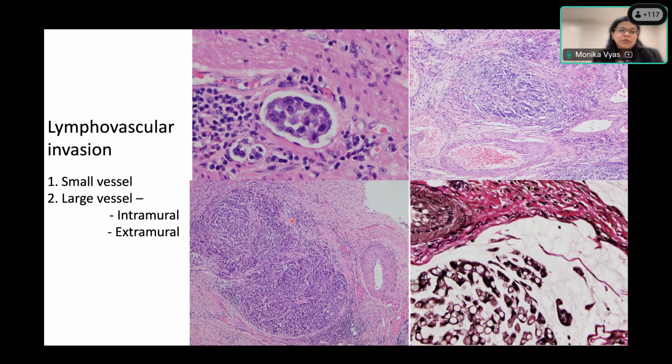So when you have large venous invasion involving the submucosa or muscularis propria, that is called intramural large vessel invasion. And that, even though significant enough to report, is not shown to be that prognostically significant. However, when you have large venous invasion beyond the muscularis propria, so involving the pericolonic fat, then that is called extramural large vessel invasion, and that has been shown to have a risk of liver metastasis. So you definitely want to report that.